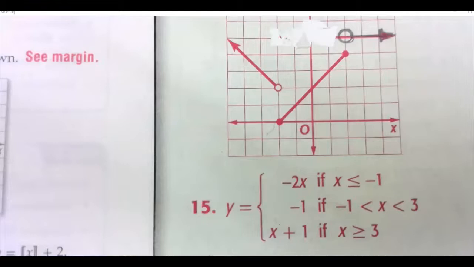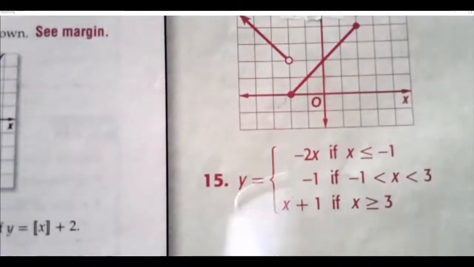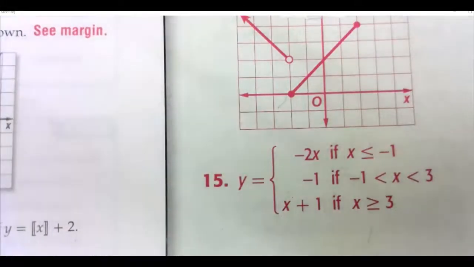So that pretty much summarizes everything you need to know for tomorrow. I would anticipate you can look at graphs of piecewise and match them to their equations. I would anticipate that you could find linear regression on the graphing calculator, that you have the ability to graph a piecewise function. If I gave you an equation for a piecewise function, such as 15, and I asked you to find a function value, so let's say maybe I asked you to find f of 0,